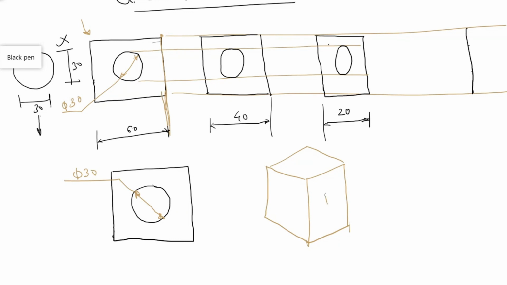So this is the right side, this is the left side, this is the top side, and this is O. The method is the same whether it is to be drawn on the left side, right side, or top side. What is the method? What is the diameter of the circle? 30. Okay, 30. So I will construct